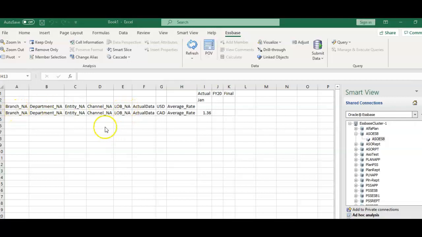So you can define dummy members accordingly, and we know that exchange rate varies by year and it varies by month and it varies by scenario also. Actual is the actual exchange rate, that is a current exchange rate, whereas budget exchange rates are nothing but future exchange rates.